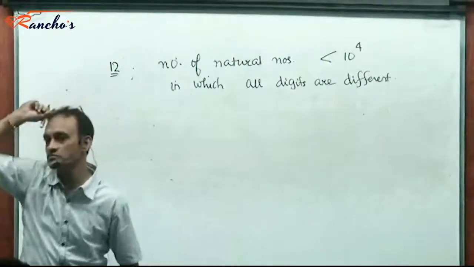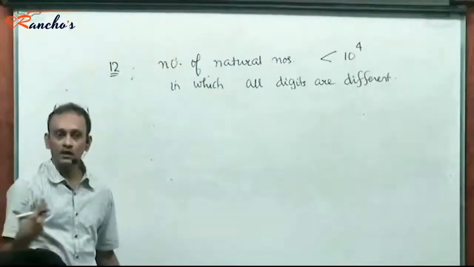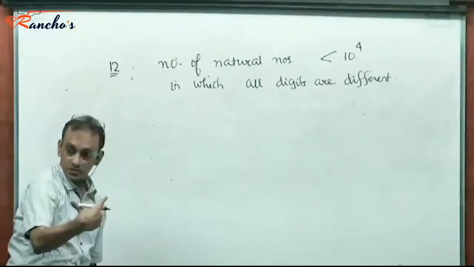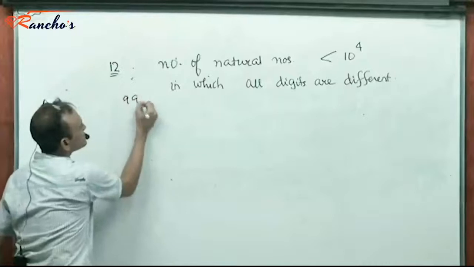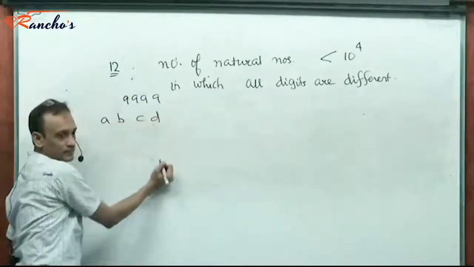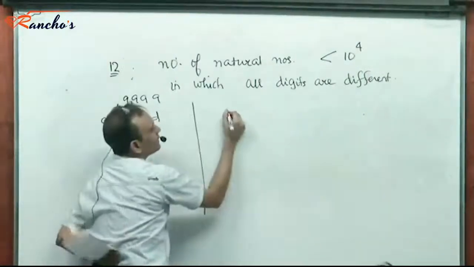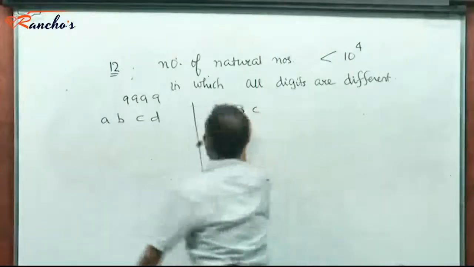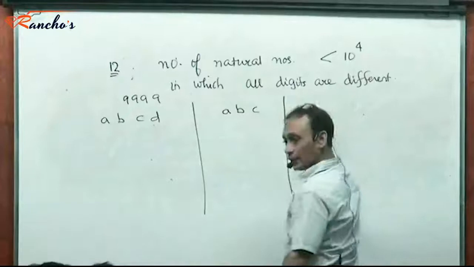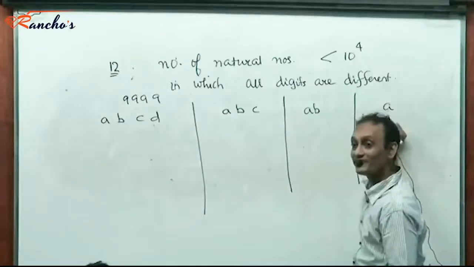All digits different, right? So what we realistically do is we partition the numbers strictly as 4-digit numbers. See, eventually the biggest is 9999, so there'll be 4-digit numbers that will be of the form ABCD. All 4-digit numbers where A cannot be 0, right? Then there would be 3-digit numbers that are ABC where A cannot be 0. Then there would be 2-digit numbers AB where A cannot be 0. Then there is a single digit number A where A cannot be 0, right?